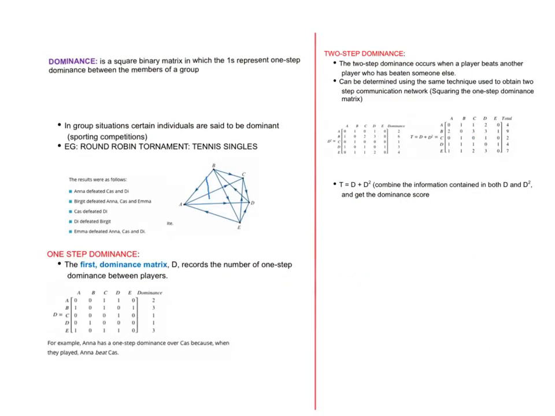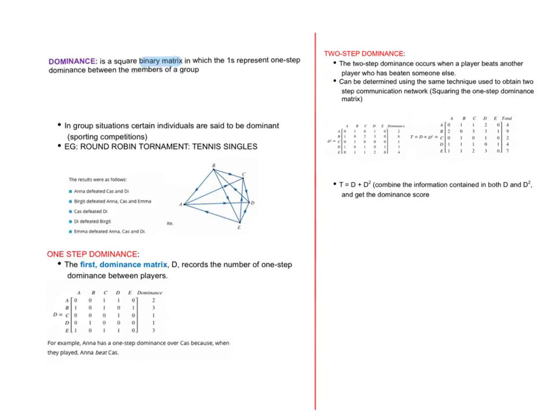Okay, this leads us into dominance. Dominance matrices are very similar to communication matrices in the fact that they are binary, so there's only ones and zeros, and they are also square. We'll often use them for tournaments, or when they talk about sporting competitions. So if we have a look at the example here,